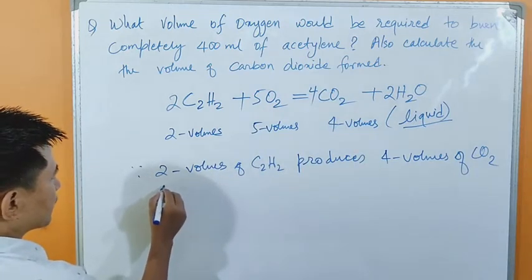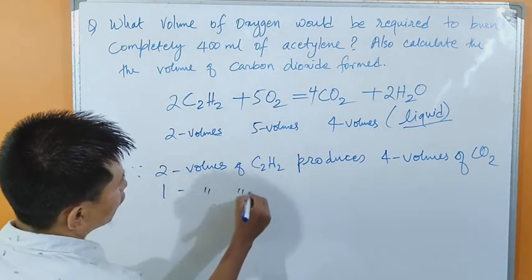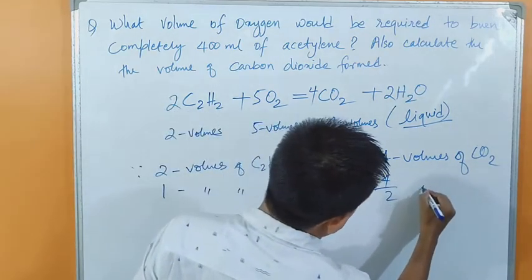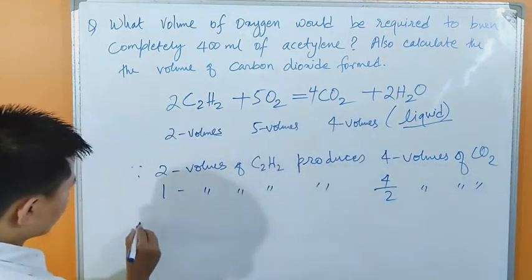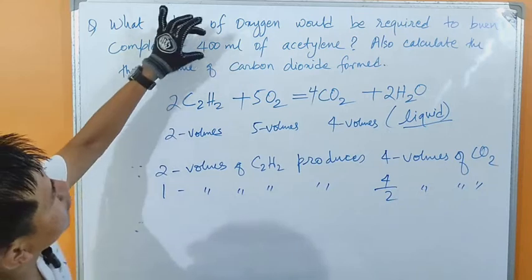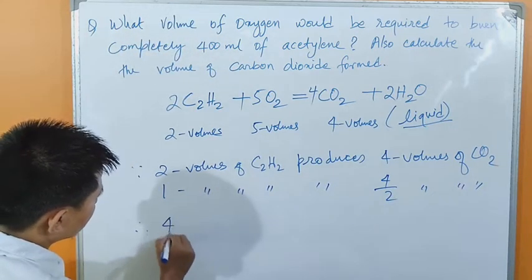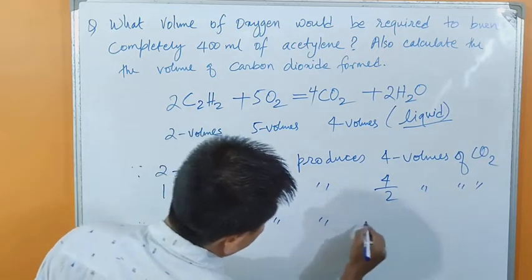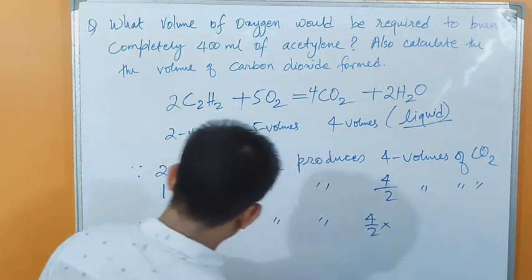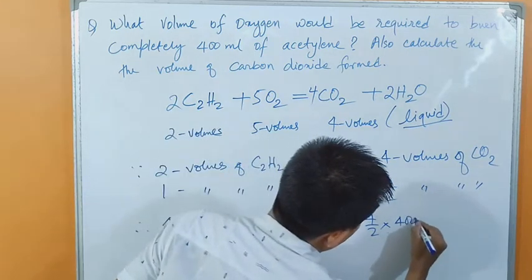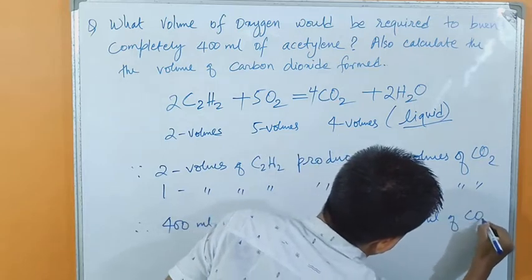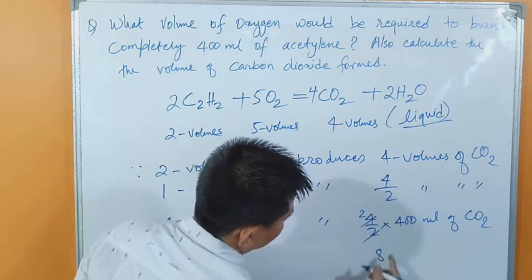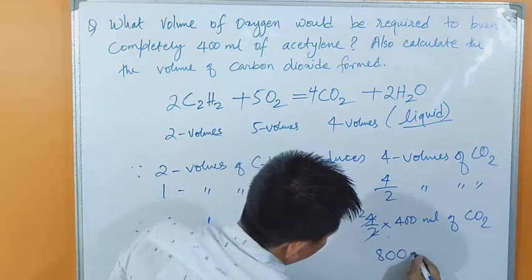That means apply unitary method. 1 volume of acetylene produces 4 upon 2 volumes of CO2. Therefore, we have 400 ml of acetylene. So, 400 ml of acetylene produces 4 upon 2 into 400 ml of CO2. 2 1s are 2, 2 2s are 4, 2 4s are 8, 2 4s are 8, 2 zeros ml